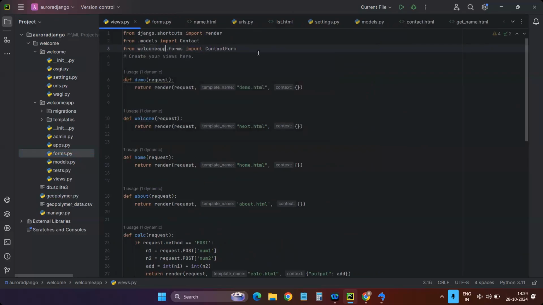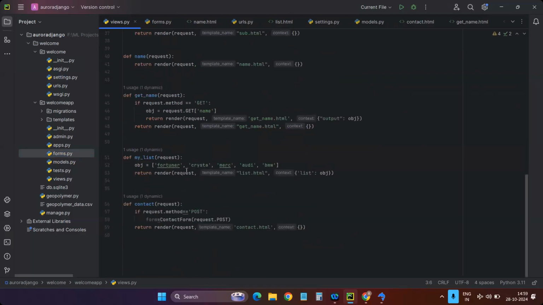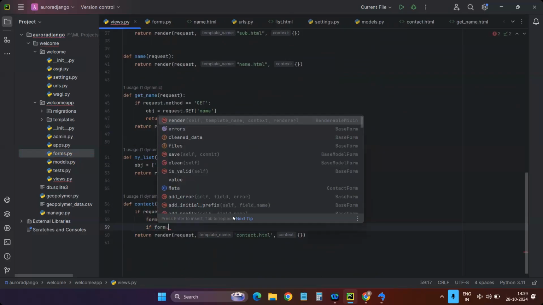Like this, you have to mention the app name. If you have multiple apps... I have a single app, that's why I have used a dot and written from dot forms, I have imported my forms. form equal to contact form request dot post. If my form is valid, I have to save my form. For that, how I have to write the code: if form dot is valid,